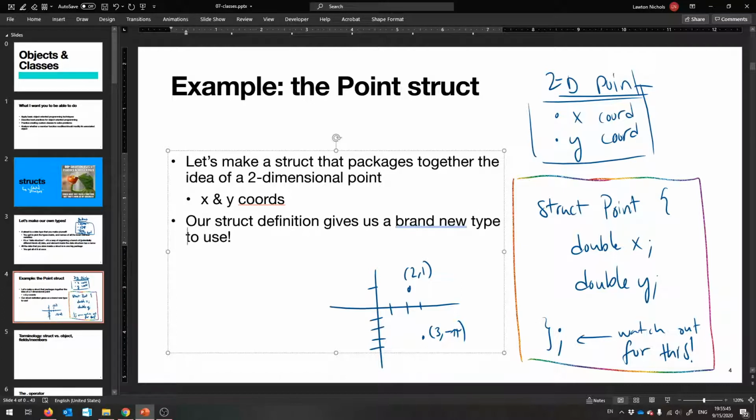Which is really cool to think about. Like, we're making our own types. We had ints before, we had strings before. We just made our own. It's called point. And so we're allowed to say